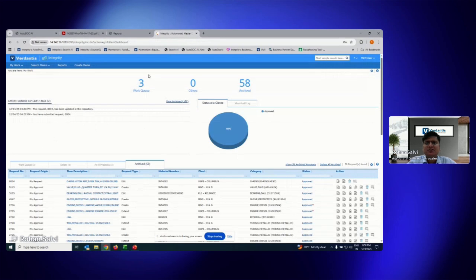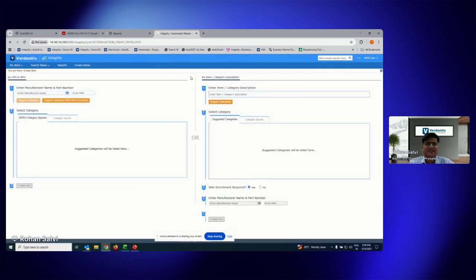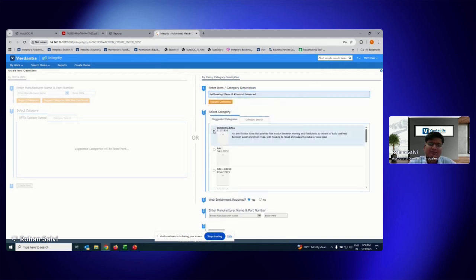So I'll just go into another setup of Integrity, a demo environment. It is locally hosted, but then again, from a functionality perspective, I'll look to cover some of the other functionalities as well. Like I mentioned about the other agents as well, right? An agent like AutoSpec AI. Now, this agent particularly is able to extract, let's say if you have a vendor quotation, I can enter the vendor quotation over here. Of course, the first thing that I want is the agent to tell me what category this belongs to. So it immediately gives us an answer that it belongs to the ball bearing category.